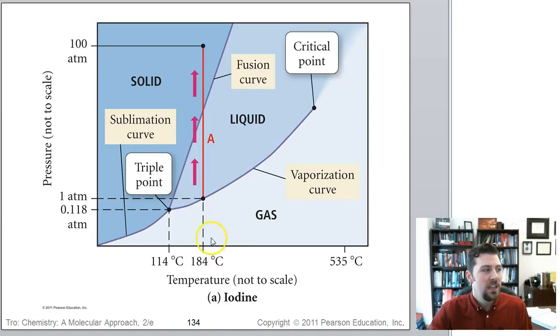Okay, so notice if you follow the line A, here you're just increasing the pressure. You can go from the gas to the liquid to the solid just by increasing the pressure without changing the temperature, if you're at the right temperature. Okay, and notice this line lies very far forward compared to water. There's the triple point. Notice it's at a reduced pressure and reduced temperature compared to 184 at least, but still